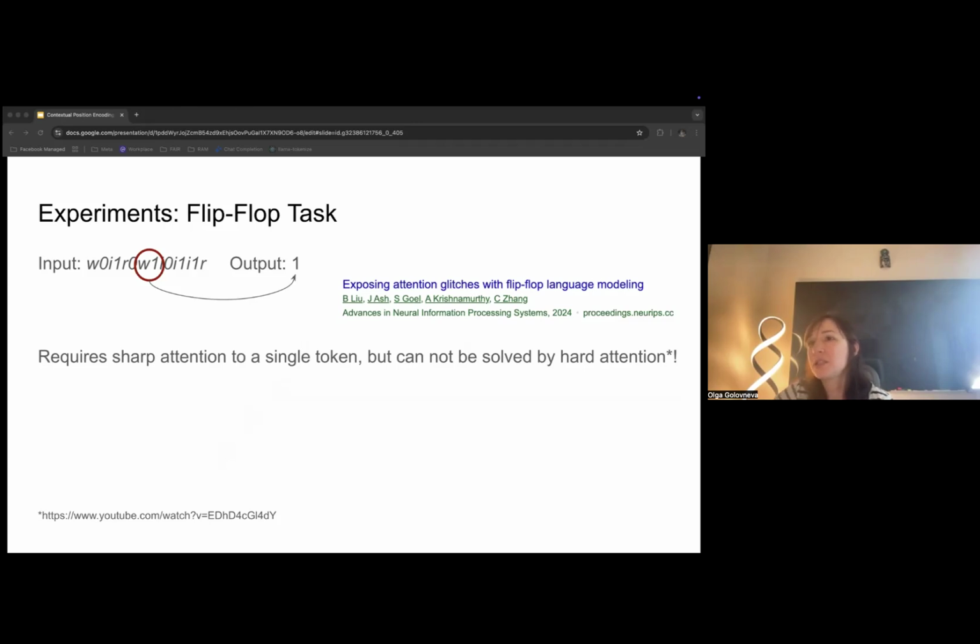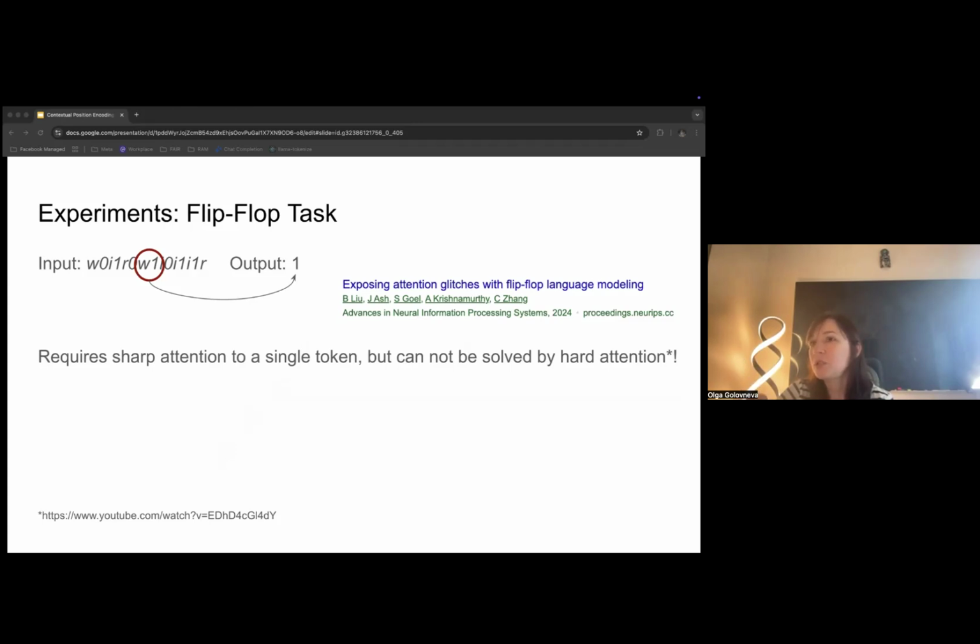The input string is pretty simple. It consists of alternating sequences of instructions: write W, read R, or ignore I, each followed by one bit of information, 0 or 1.